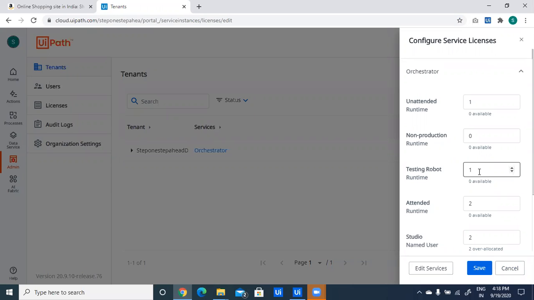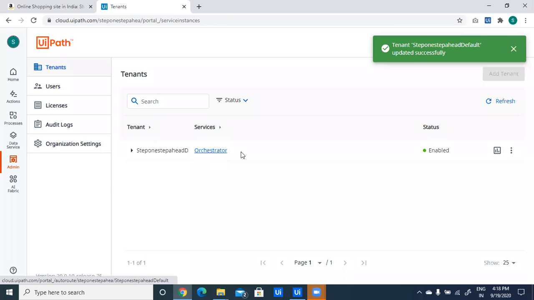If we add our one testing license, then only we will be able to see our testing capabilities in Orchestrator dashboard. Then click on save. After adding this testing license, click on save. After clicking on save, just switch to Orchestrator.